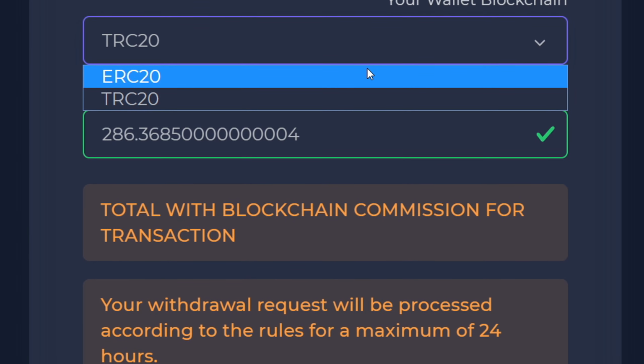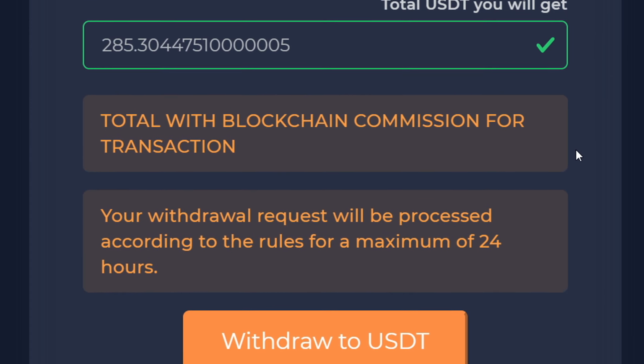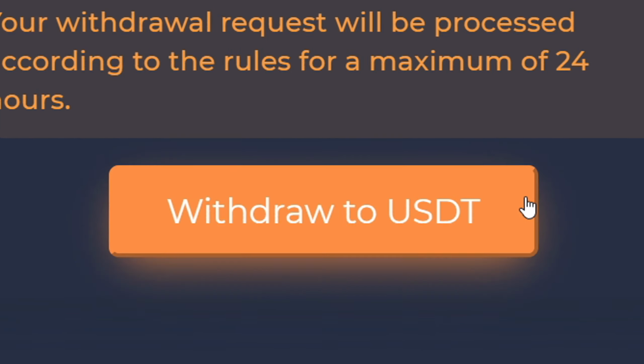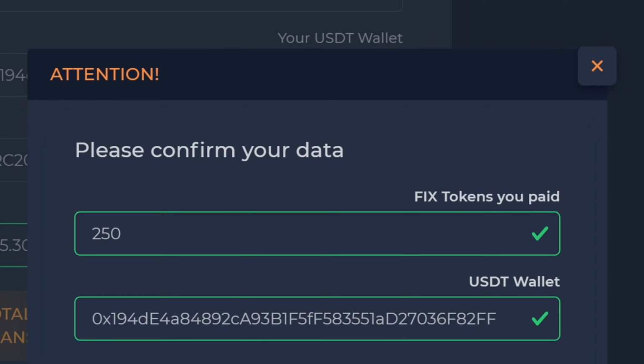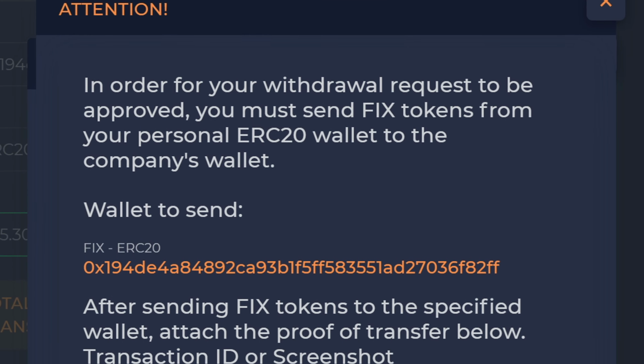Please note that we do not charge fees. You only pay for a blockchain transaction, and the withdrawal is carried out within 24 hours. Click on the Withdraw to USDT button. You will be greeted with a confirmation window for the information. Click the Confirm button. If you previously linked your fixed token wallet in the settings of your personal account, you